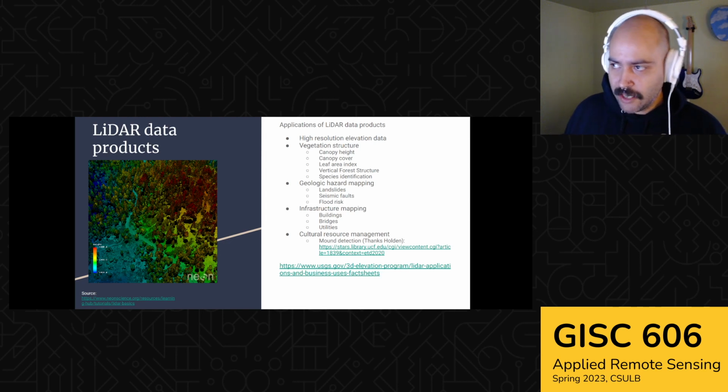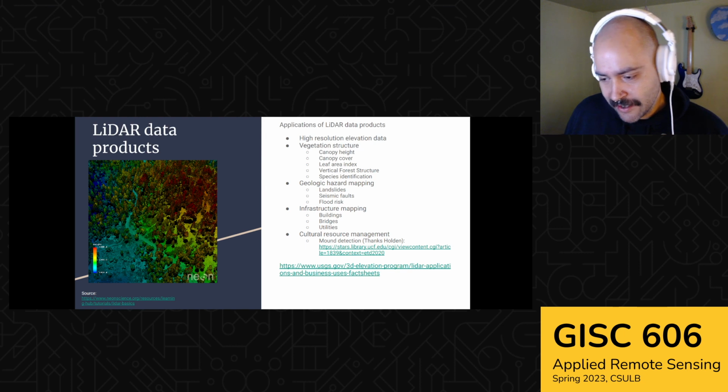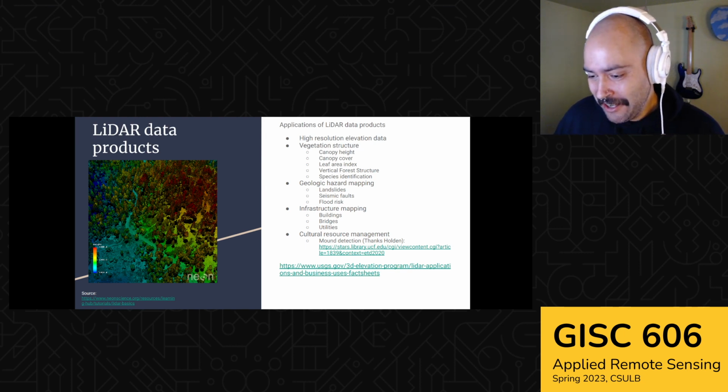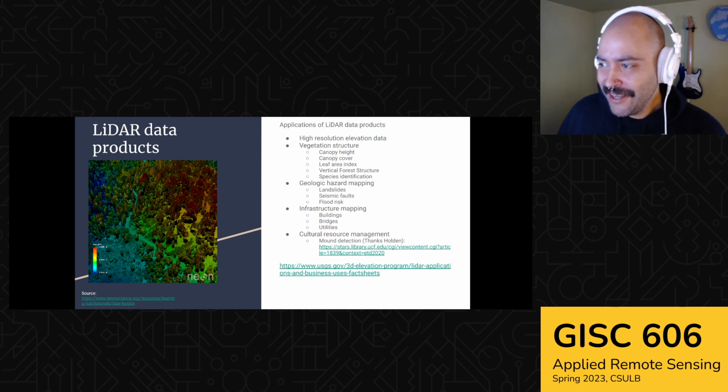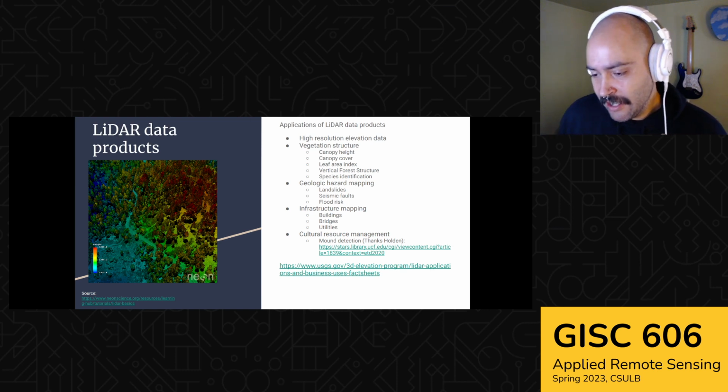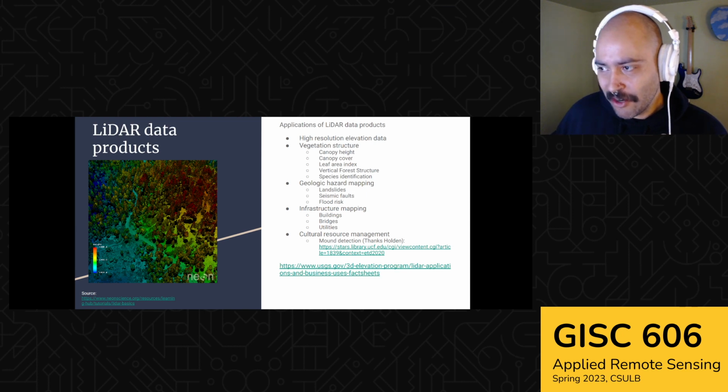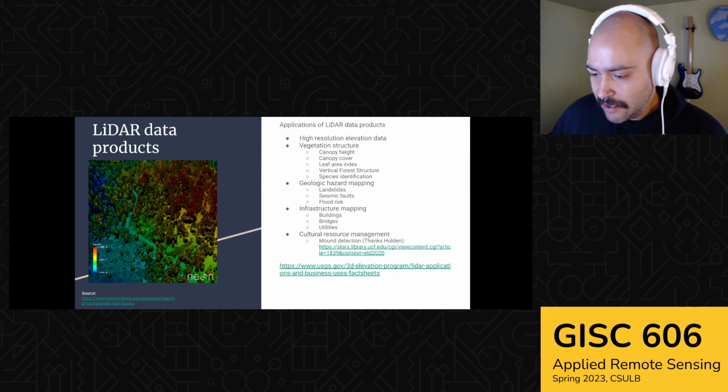Another one that builds off of elevation data is geologic hazard mapping. It's when the elevation is perhaps nebulous or changing, or hazardous for people. So you can think of events like landslides and active seismic faults as being potentially mappable things with 3D structure, even flood risk. If you know certain areas are below sea level, you're able to predict more at-risk regions when there's